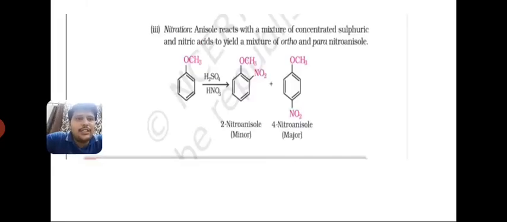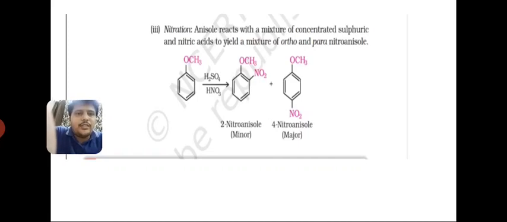Now the next is the nitration reaction. Once again, during the nitration the reagents are the same: concentrated sulfuric acid H2SO4 and nitric acid HNO3. Student, throughout the organic chapter during nitration this concentrated H2SO4 and HNO3 is used, right? Either it is haloarenes or aromatic ether or phenol. So generally we are using this as a reagent. Yes, and at the same ortho and para position the nitro group is going to attach. Okay, so I hope the point is clear to all of you, and this is the end of the particular topic,